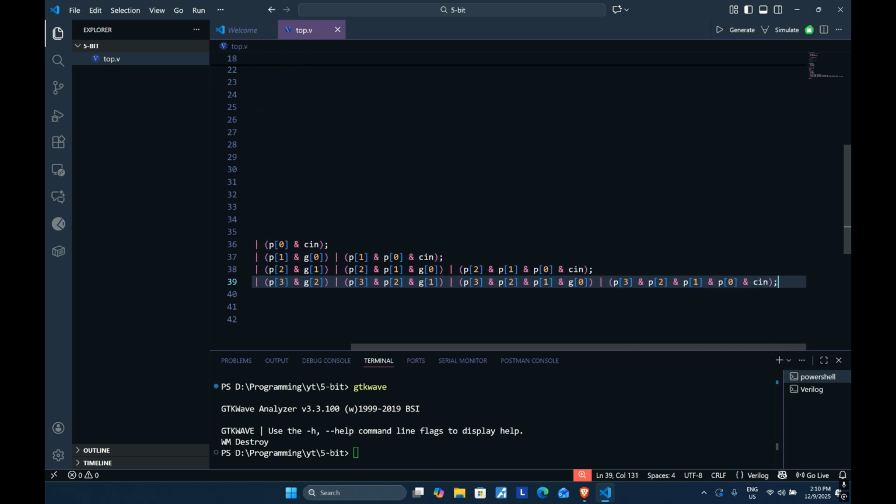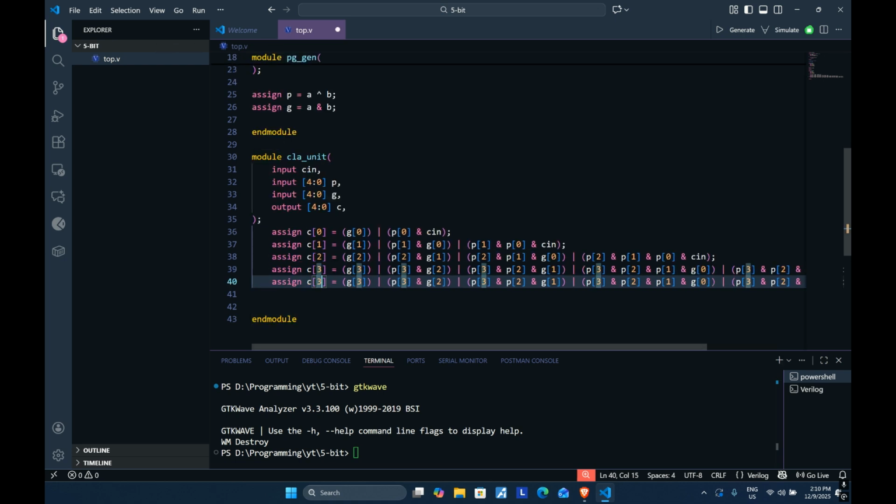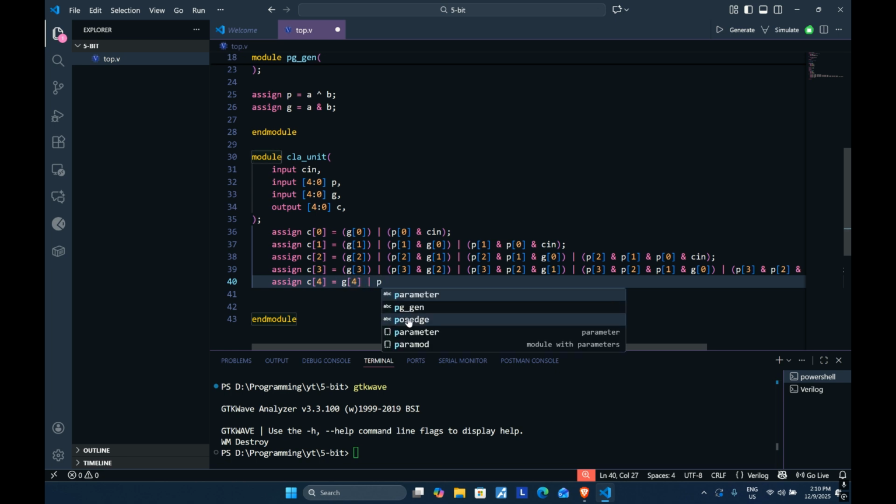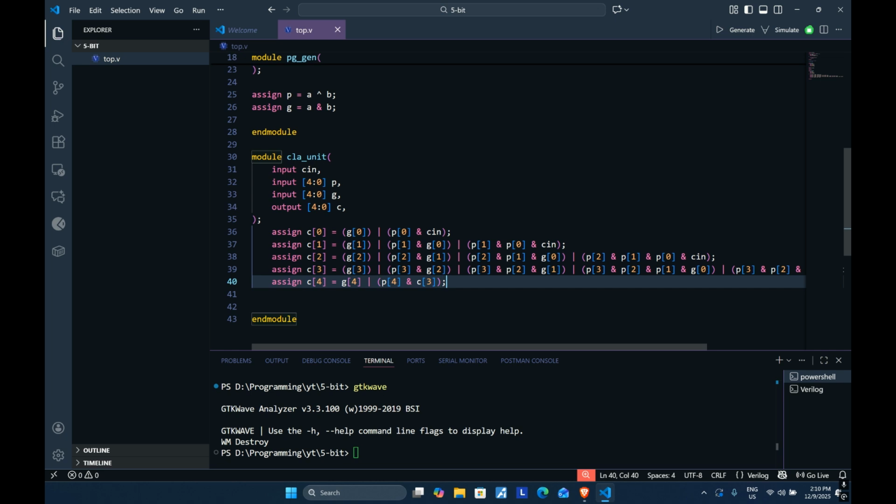So for the last, we're just gonna copy it. For G4, P4, G3, I hope. Or we can actually just do a simple one, we don't have to expand it all the way. We can just assign C4 is equals to G4 and of P4 and C3. That's another way of doing it. So yeah, this is our